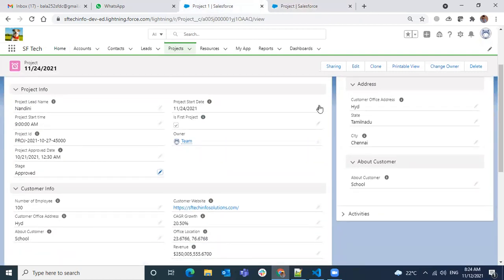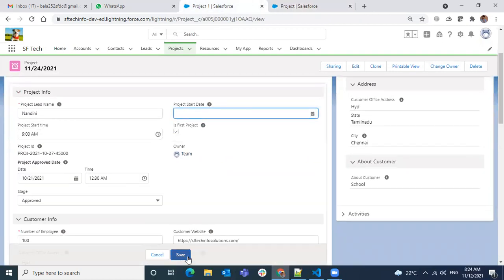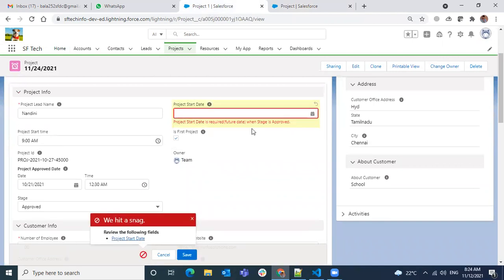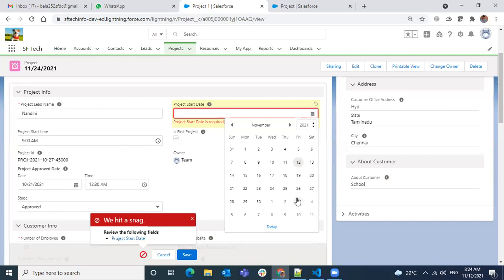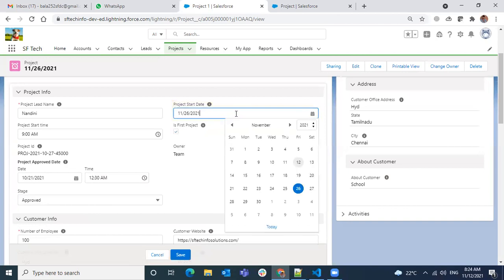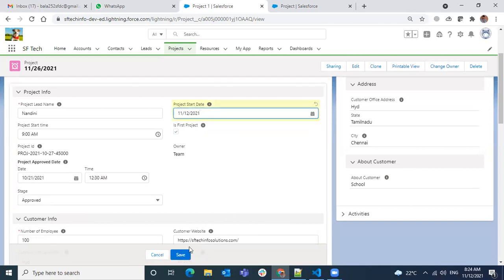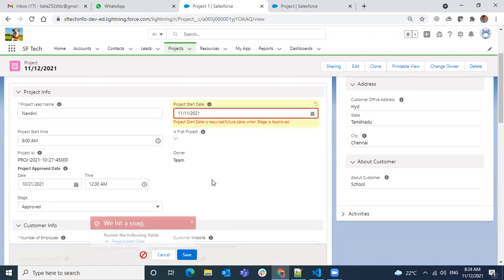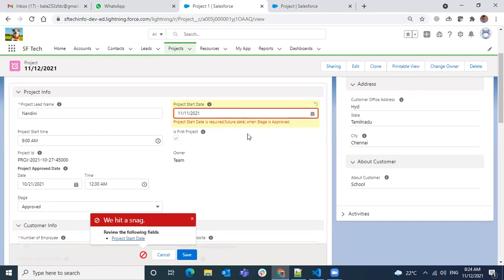So one is when I have a blank, I should have an error message like this. And if I select somewhere future date, I will not get any error messages. If I select, so today is at 12, right? It will allow 12 as well. If I select one day less than also, it has to show me the error message saying it has to be future date. And if you want to separate the two rules, if it is a blank, you want to see one message, and if it is not future date, you want a different message, then you have to write different validation rules.